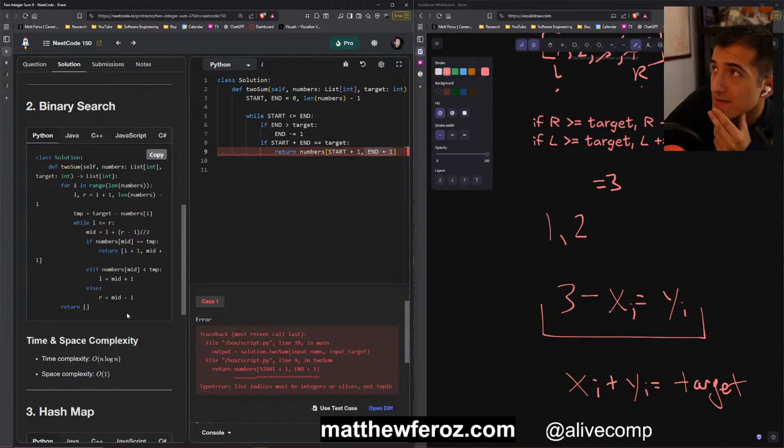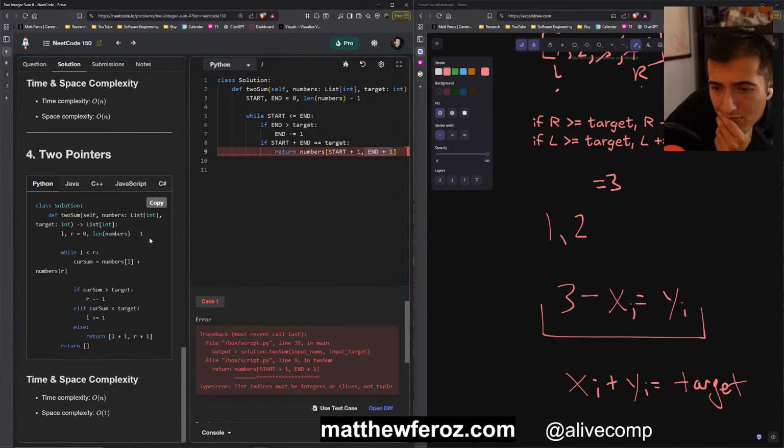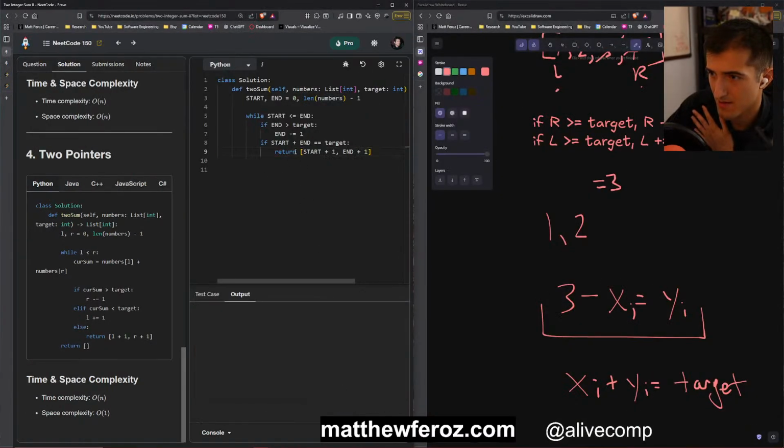Assuming mid index is mid. Cursum, if cursum is greater than target, return L plus 1. See if this does anything.